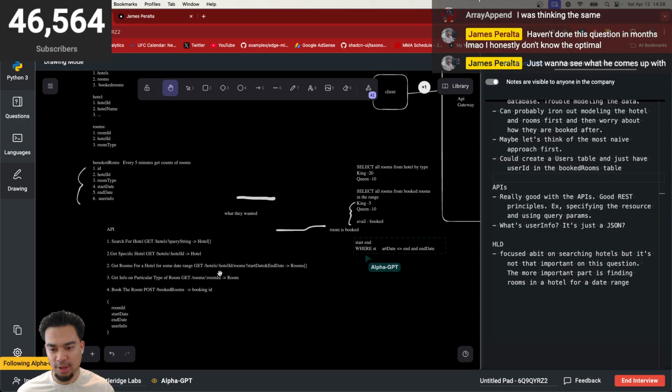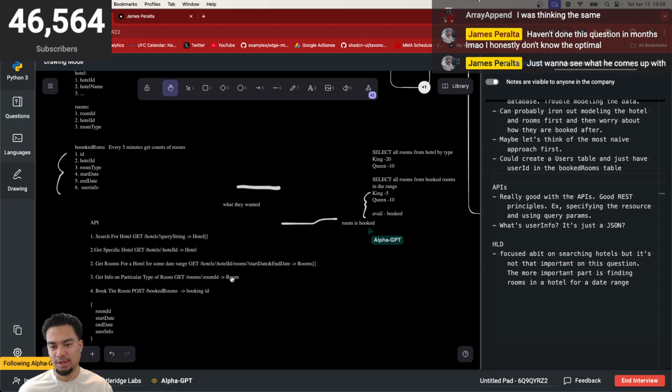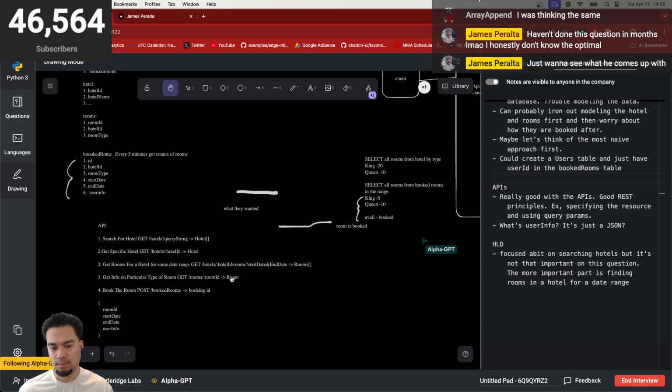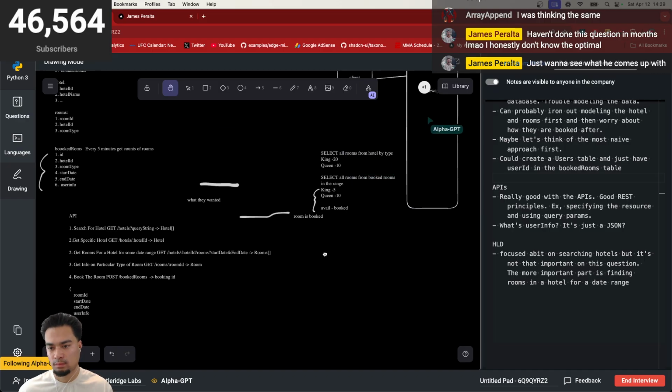Okay. Assuming that we're able to figure out the rooms that are available, what will happen next? What would happen next is we would send them how many are available, right? So we'd send them this diff of whatever's available. And then they can click on a room, and this is when they do the book. So in the booking service,